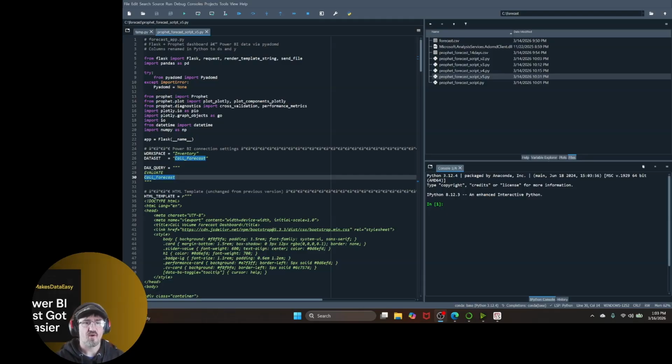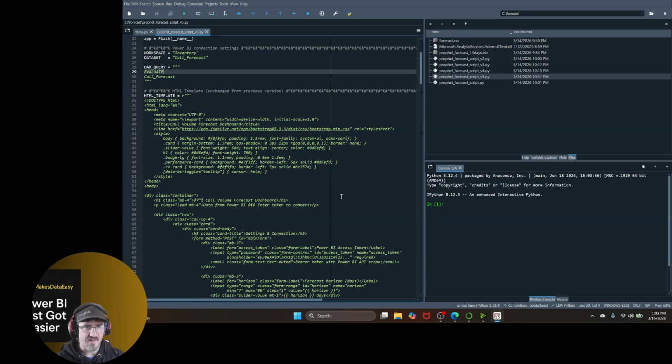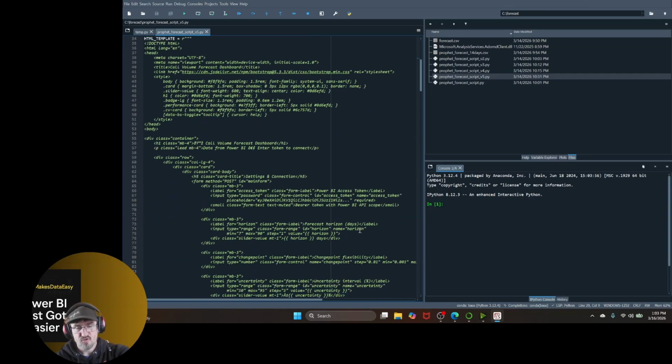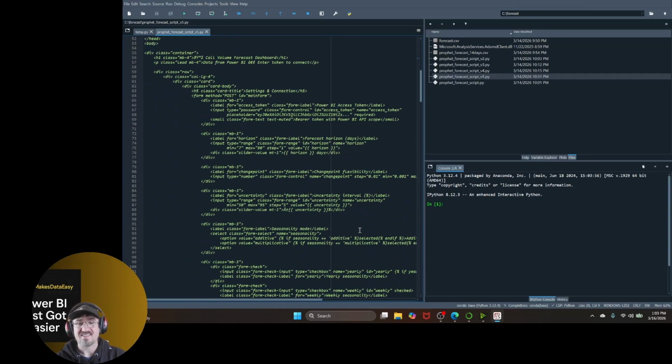But I want to just show you my progress with it. I'm going to show you my script. I'm going to run it here. We can kind of glance through it. I'm using a Power BI model as the data source, but you can really use anything. If you have a SQL Server, BigQuery, a CSV file, really anything. And I'm really utilizing an HTML kind of structure here where I can visualize and actually put in my parameters for that forecast. So let's run it here,